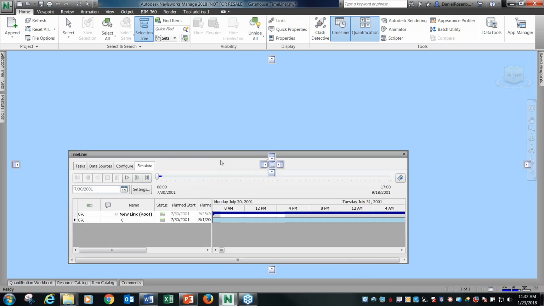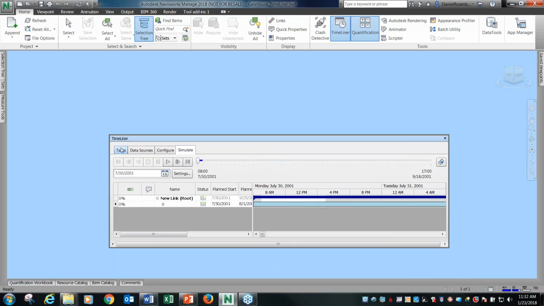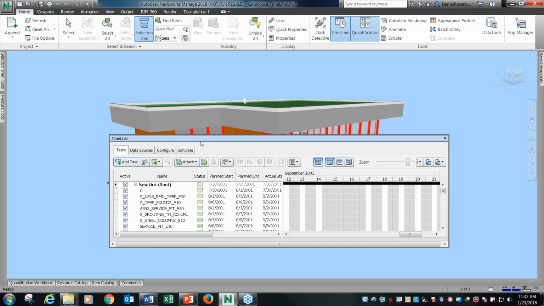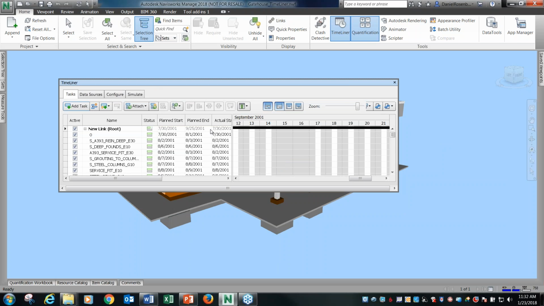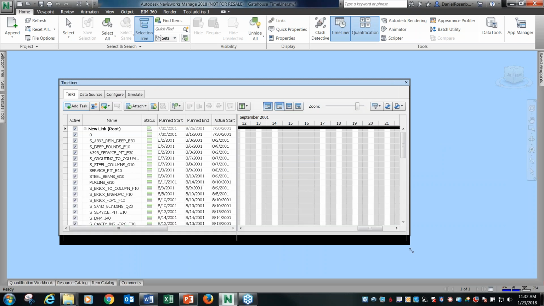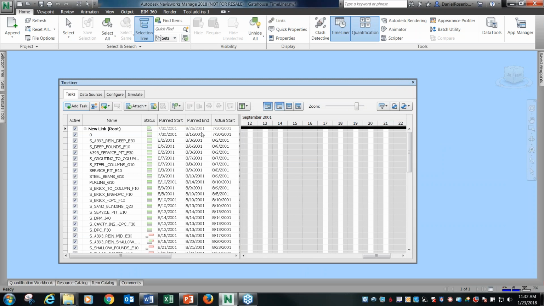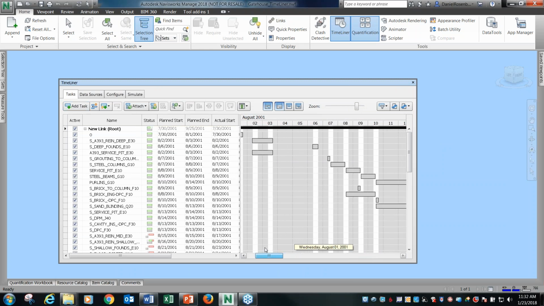Timeliner, switch over to the Tasks tab, you can kind of see, so I've got this gatehouse here, and in my Timeliner view, let me open this up so you can see it a little better. We've got a Gantt view of our construction schedule, and we've got tasks over here on the left. So for every component,